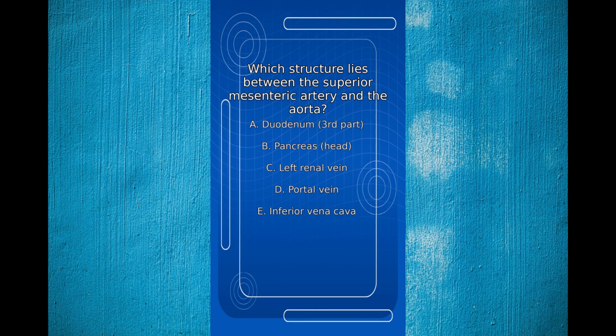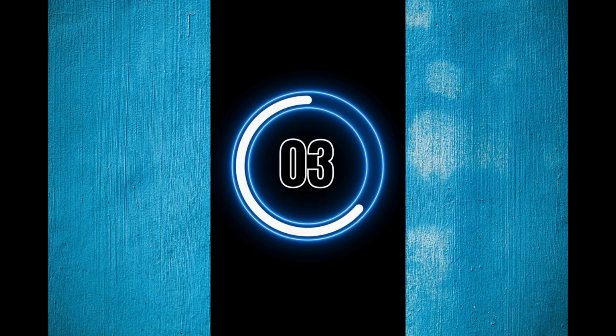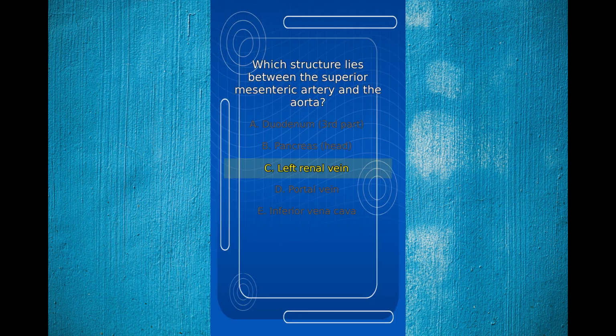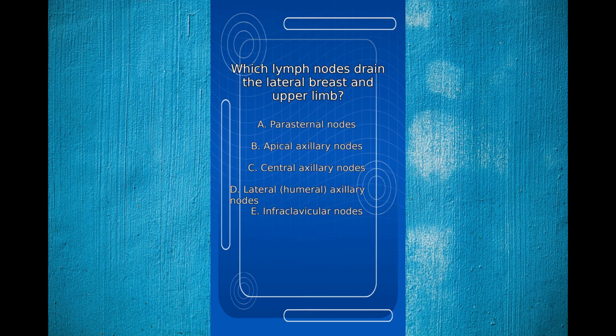structure lies between the superior mesenteric artery and the aorta? The correct answer is C. Left renal vein. The left renal vein passes between the aorta and superior mesenteric artery. Which lymph nodes drain the